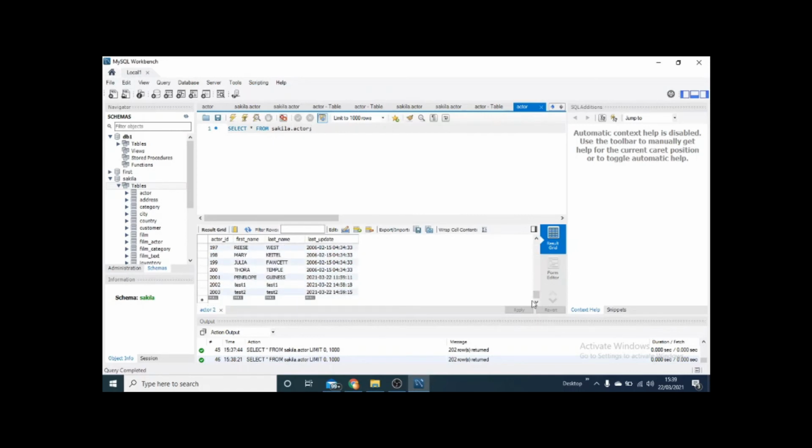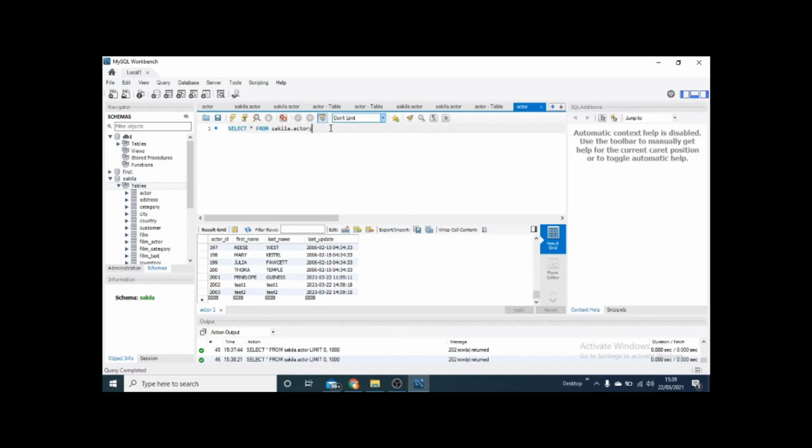So what we can control is the number of records to be shown in this panel. There are two options to do it. One is by this panel, where you can come here and choose limit to 1000 rows. That means whenever you run the query, only the first 1000 rows will be shown. If you click this drop down, you can see limit to 10 rows only, 50 rows, 100 rows. So any number of rows that you want to show will be controlled here. And if you don't want to control the number of rows shown, then you have to click don't limit.